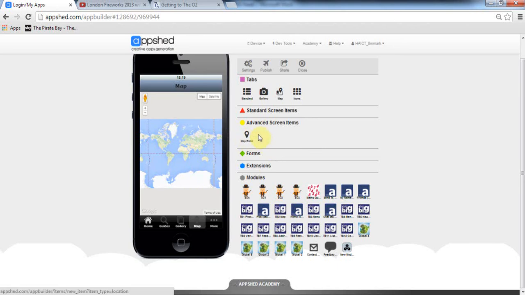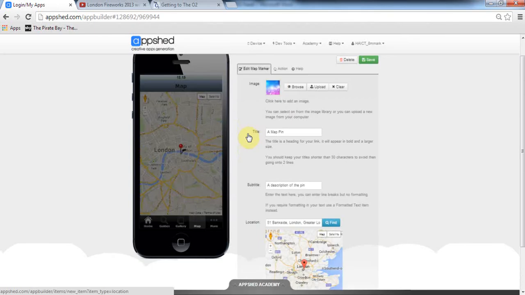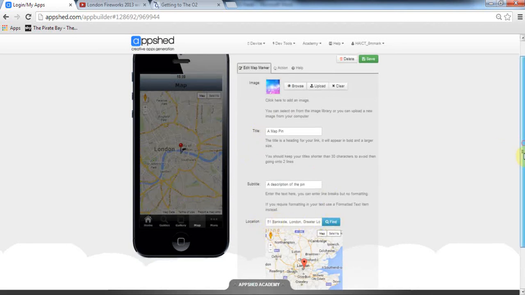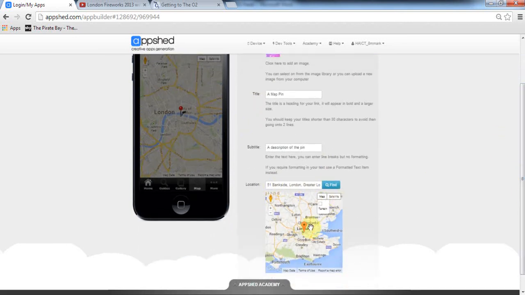We're going to click over here under advanced screen items. It says map point. And this is where we search. At the bottom here it says location and find. That's where we find the location we want to add. The map title, the pin title, so first let's do Westminster Abbey. The subtitle is what would appear just below it,